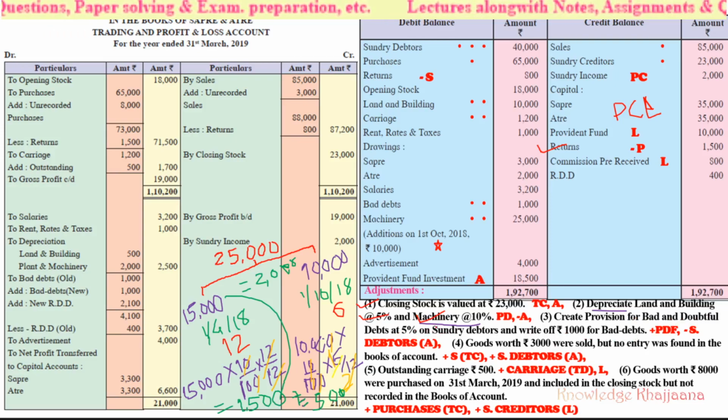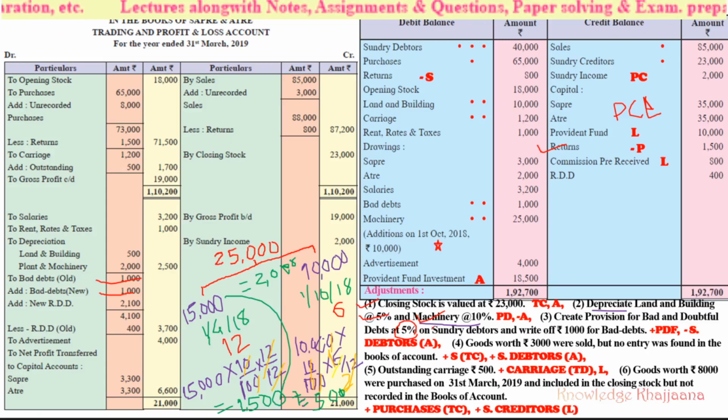See, this we have to calculate on the sundry debtors on the asset side, and rupees 1000 for bad debts, that is new bad debts, we can record over here. Rupees 1000, and we have to add it to the old bad debts which have been given in the balance sheet, and this RDD we have to calculate on the value after doing all the adjustments, on the remaining value of the debtors, this 5%. See, that is why I always show you the important adjustments at the start of every lecture, because those rules we have to remember forever.